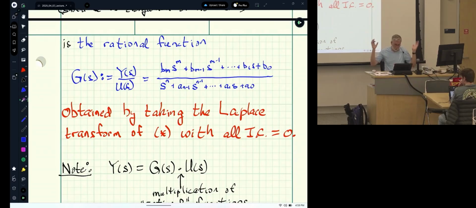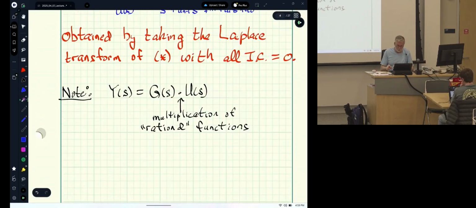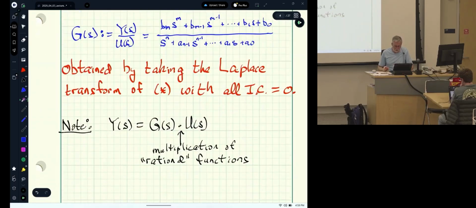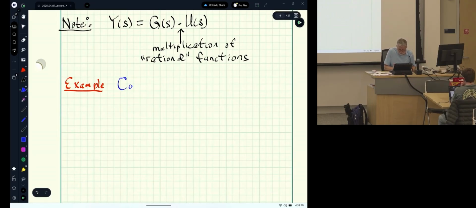You get it by inspection. Now, why it's important, you have no idea yet, so we're going to see it's super important and super useful and very easy to manipulate in a design sense, but we just need to get used to computing it. So, example. Compute the transfer function